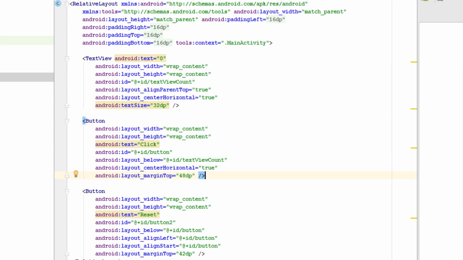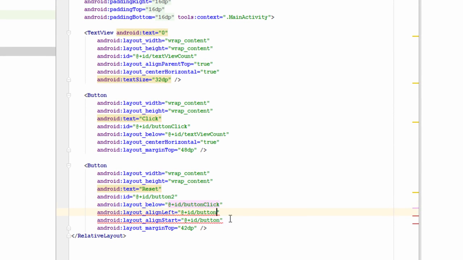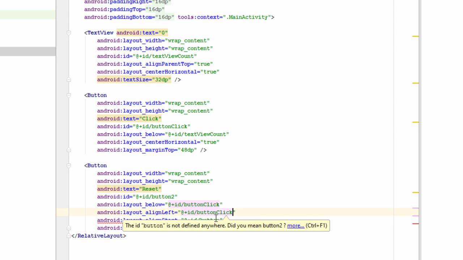I can also change the ID of this button here. So it's just called button. I'm gonna call it button click. And then again, you see I'm getting the same error here because I've changed the button over there. I can do click here. Click,